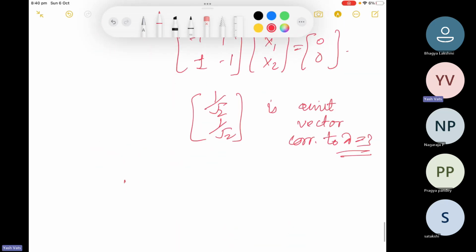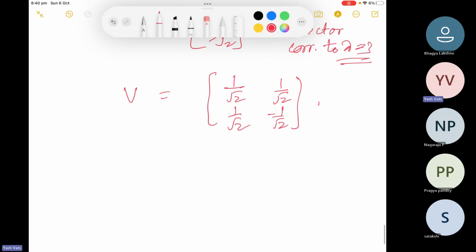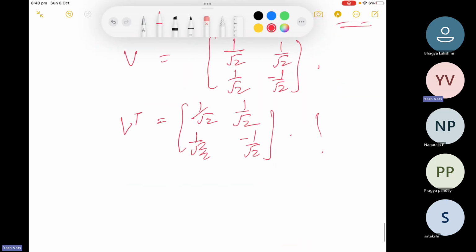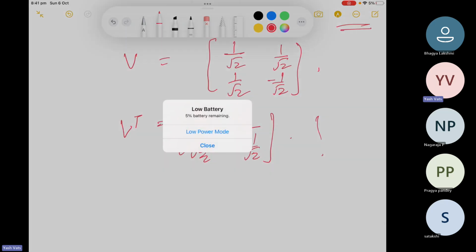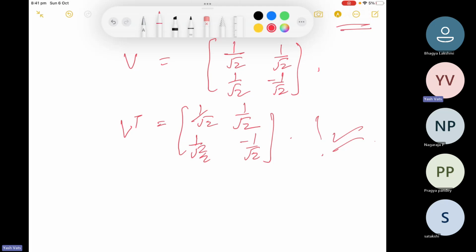So what is V? V is basically 1 by root 2, 1 by root 2, 1 by root 2, minus 1 by root 2. And what is V transpose? V transpose is 1 by root 2, 1. V transpose is the same. So that is your V. So if you see, then this will be your V. Right. Similarly, you can find out